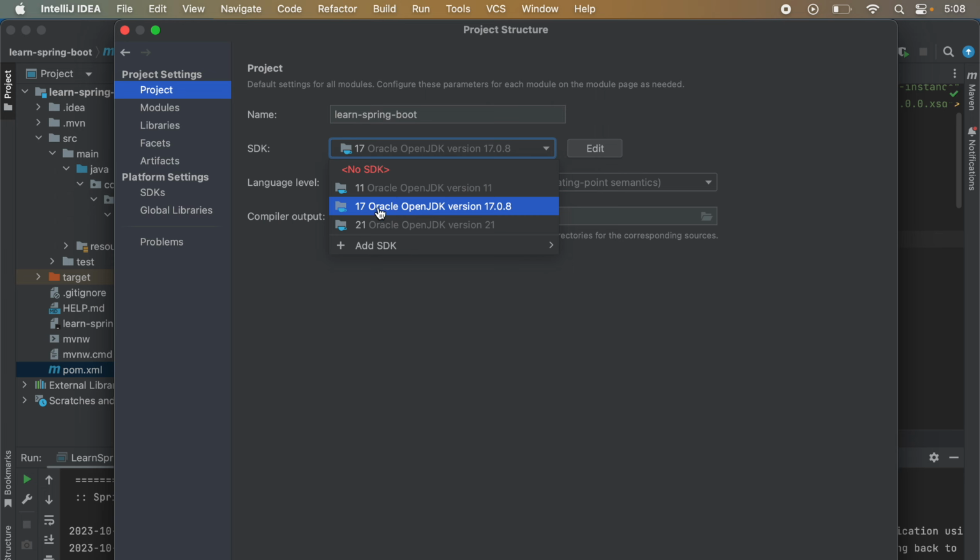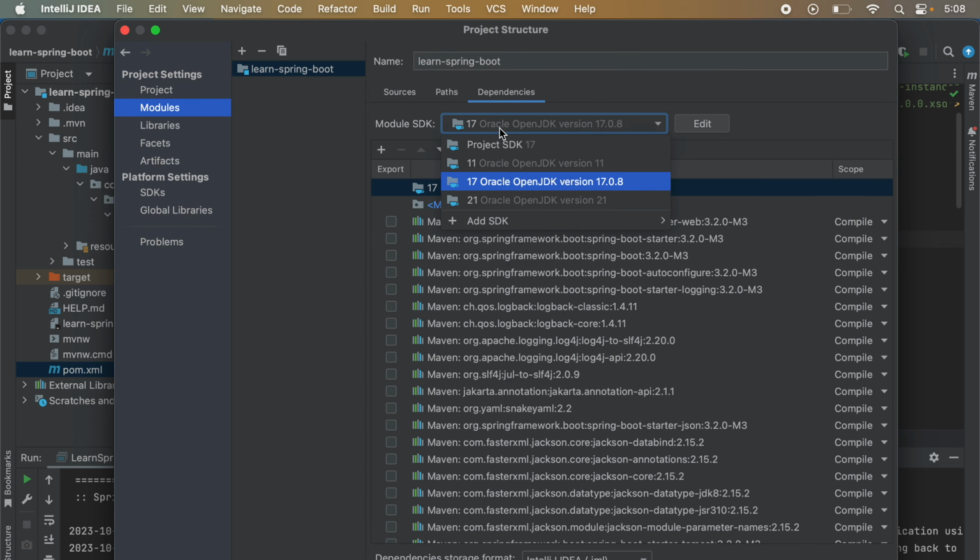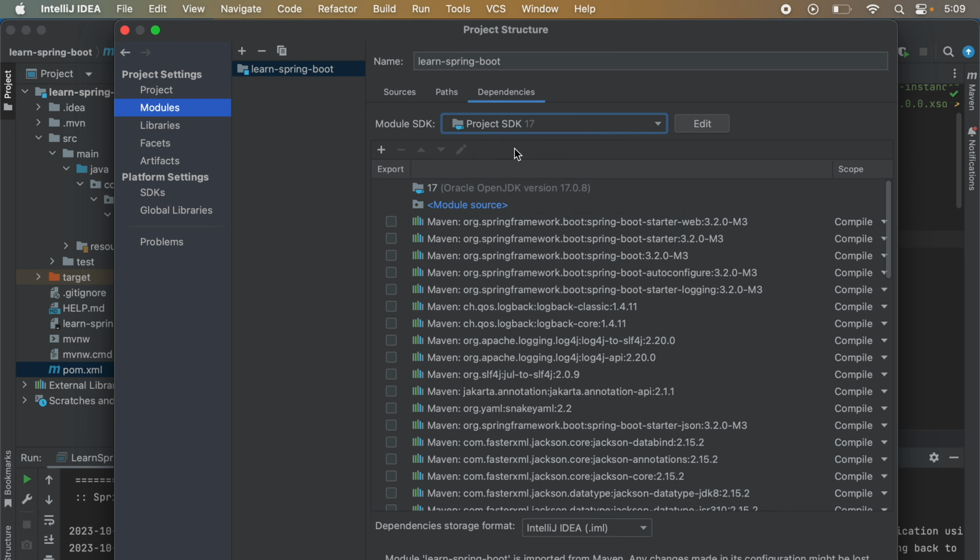So let's say I want to keep Java 17 as my JDK version for all the modules. So I'll choose 17 here, and if I go to Modules, then there will be one option of the Project SDK. So I will choose this Project SDK option here.